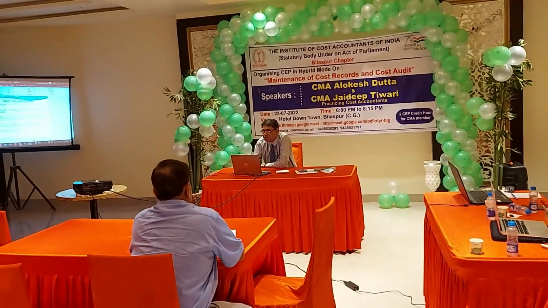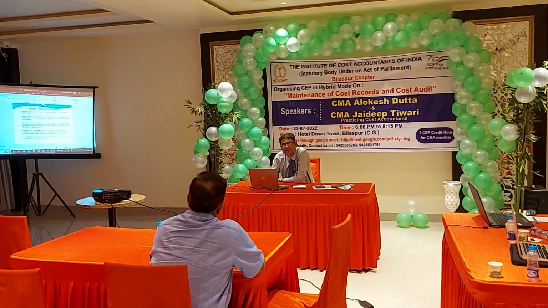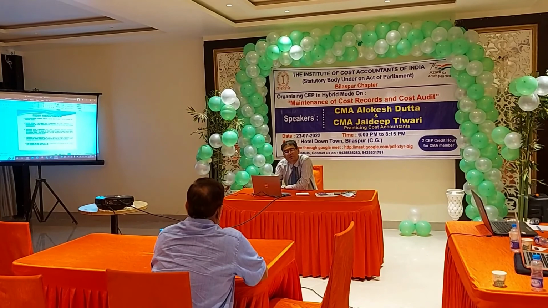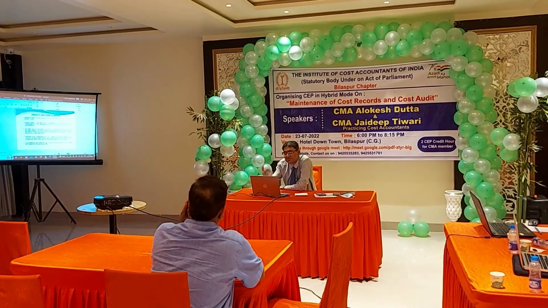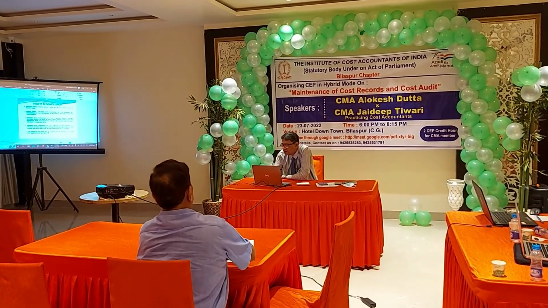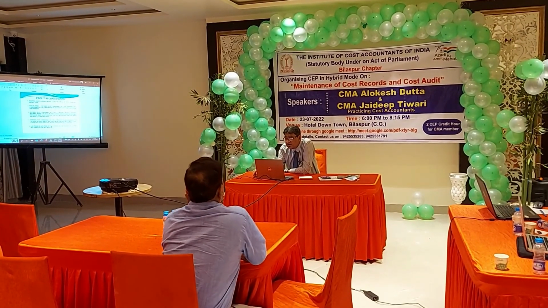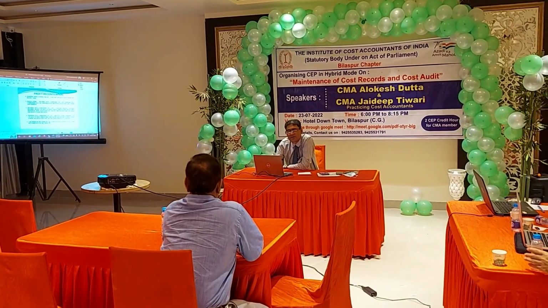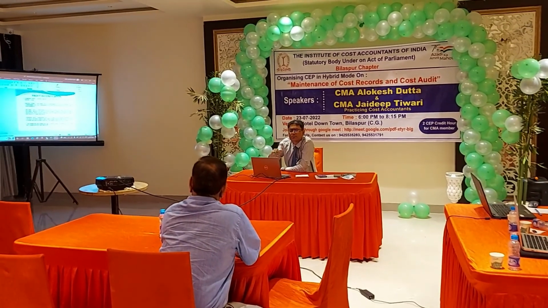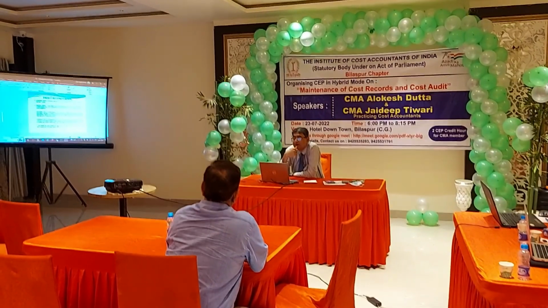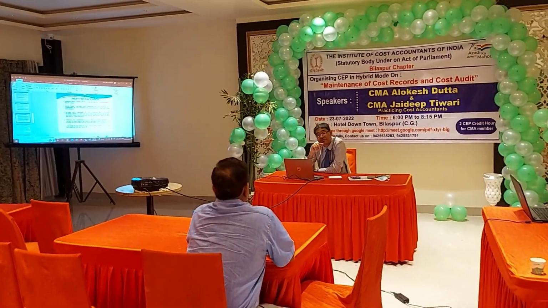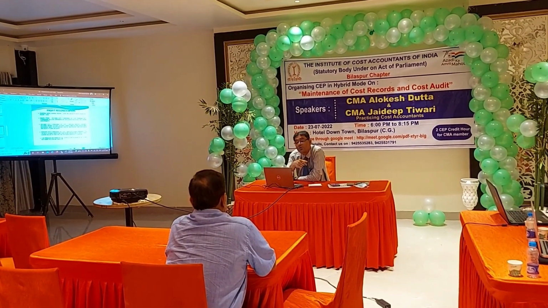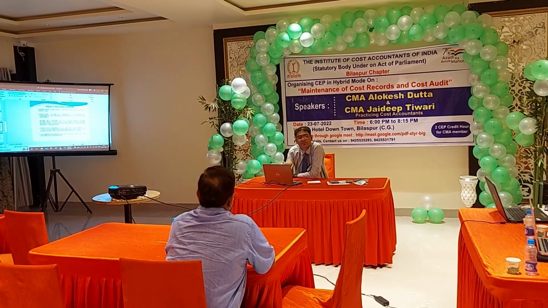Expenses not considered in cost are expenses on sale of assets, bad debts, provision for doubtful debts, sundry balances written off, and again exchange fluctuation. If it is a loss, exchange fluctuation should be in expenses, or if it is on the income side, you have to show it under income not considered. Right? So this is one small point as a cost accountant which I feel is important: in the profit reconciliation, two items are given, one is incomes not considered in cost and the other is expenses not considered in cost. So what about any items not accounted for in financial accounts but which we have taken in cost accounts?